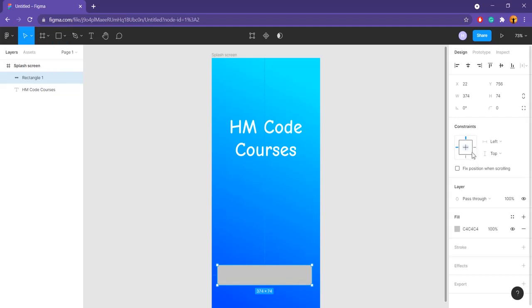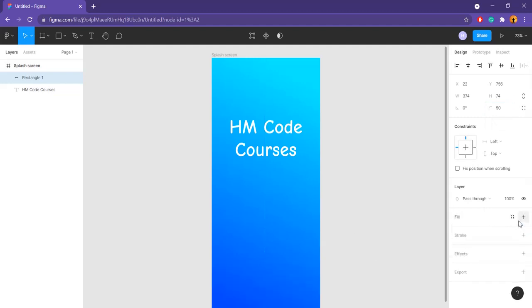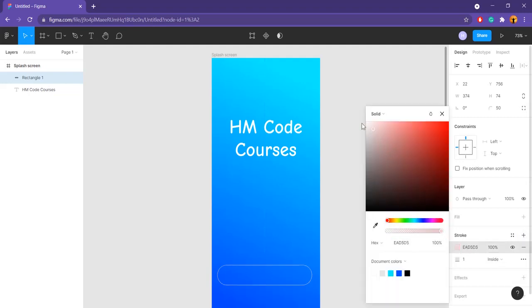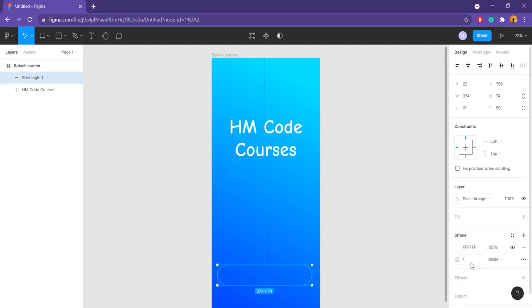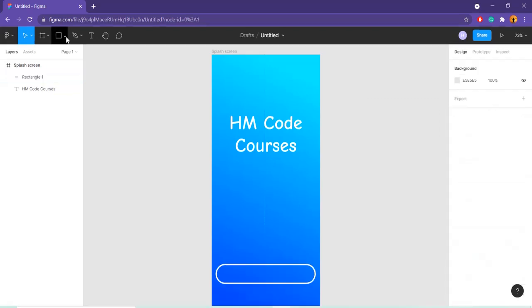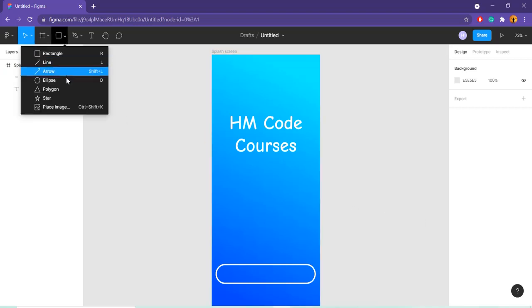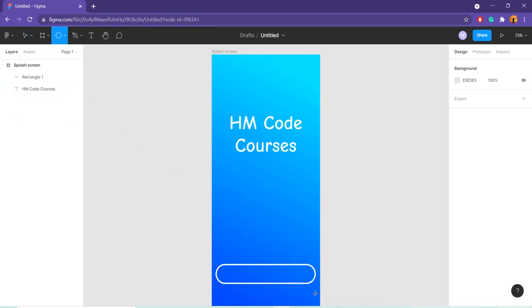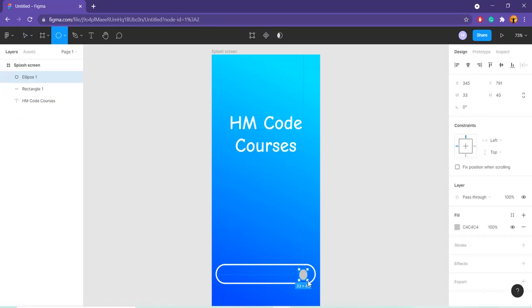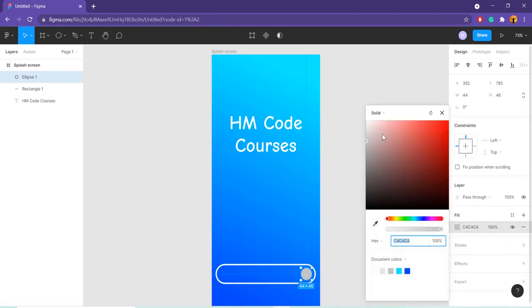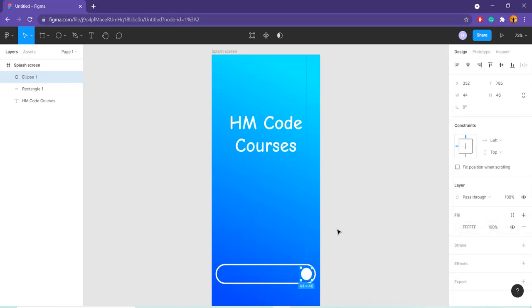After that, we'll change the radius by going over here and I'll type 50, and next we'll remove this fill section and click on stroke, and over here we'll change the color to white, and then we'll change the value to 5. Okay, after that we will create a circle by going to the same area and we'll place the circle inside the rounded rectangle, and we'll change the color by going to the fill section to white. We'll increase the width